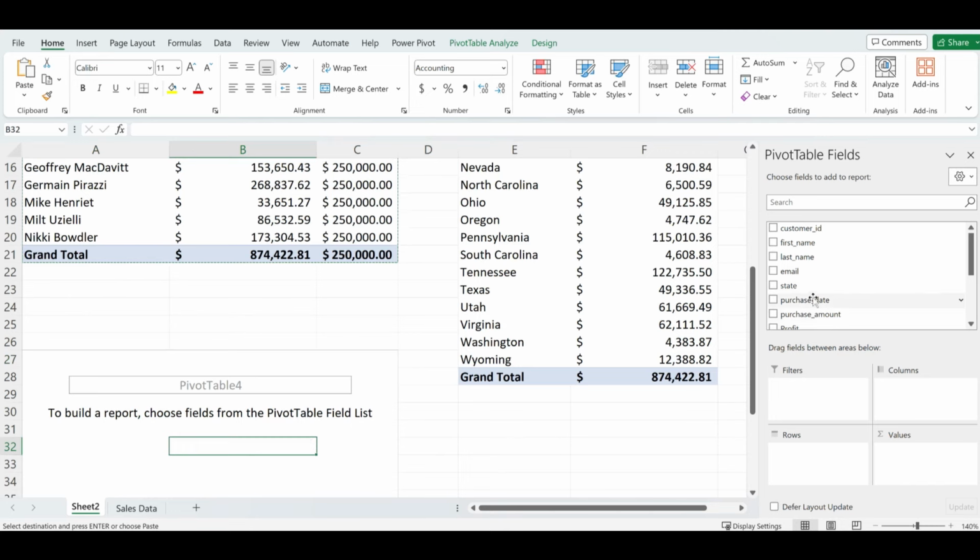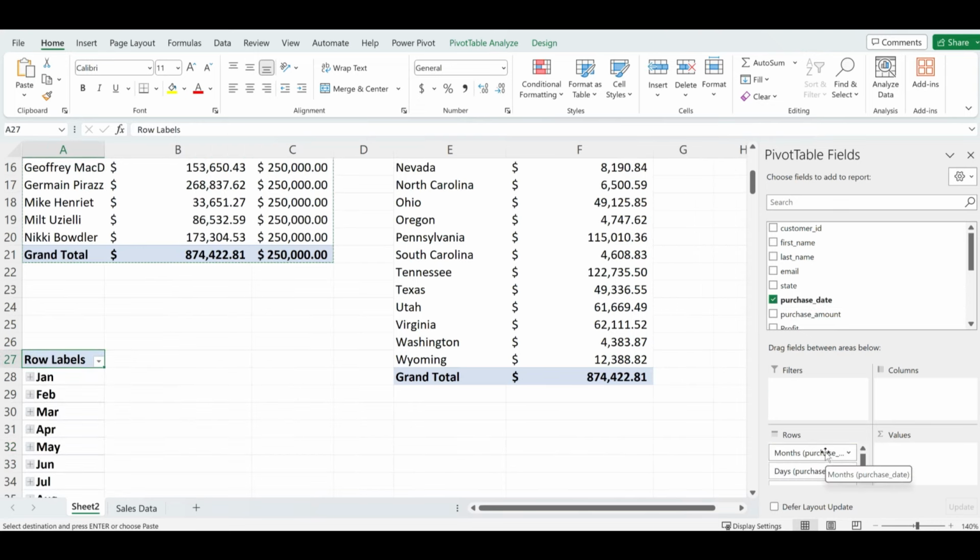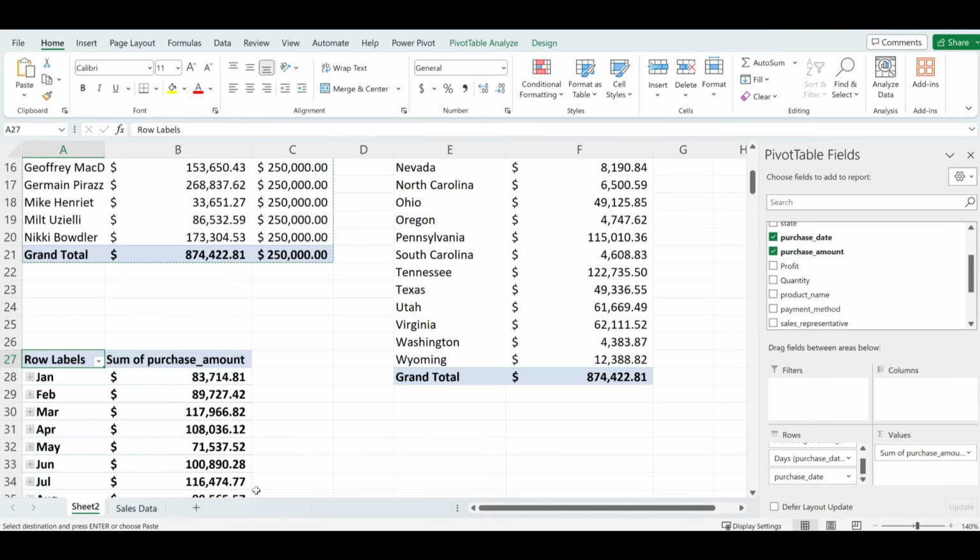So I'm going to go here. This is the purchase date. I'm going to drag it here. Now I'm going to look for the amount. So I'll go here, purchase amount, I'll drag it here. So we can see that in January we made this much sale. If you expand this, you can see it